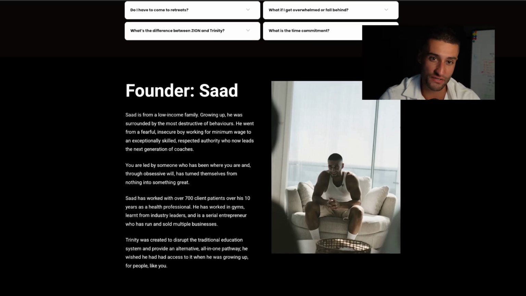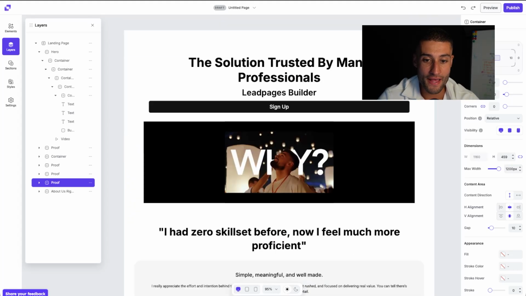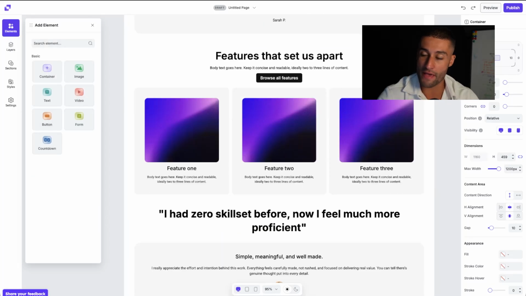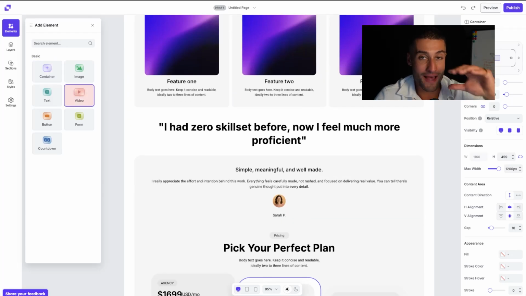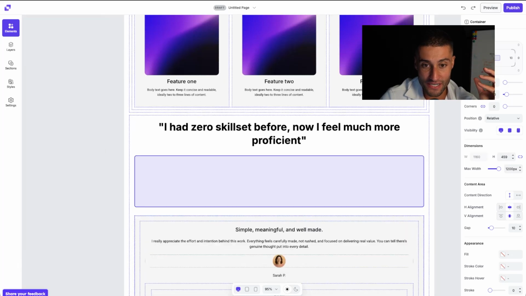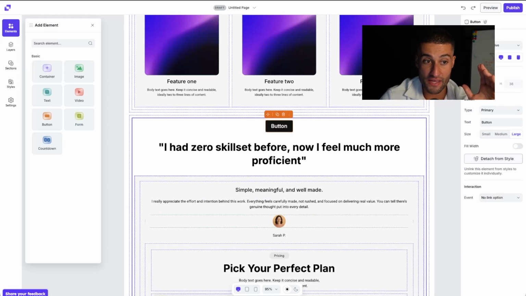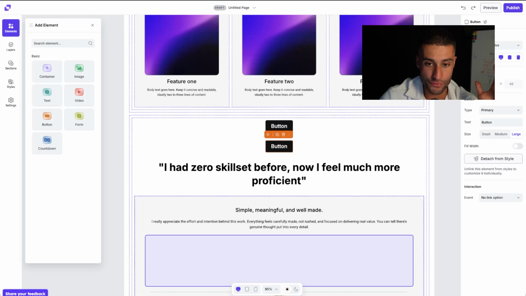What I'm missing here is a button to bring them back up the page, actually, to critique myself. And there's one thing missing that we don't have here. It's really important. It's buttons. We only have one button at the top, but a person's going to make a different decision at every point in the page. So you want to make sure you have buttons kind of littered throughout every section because we don't know at what point they're going to make a decision to book a call, a decision to see